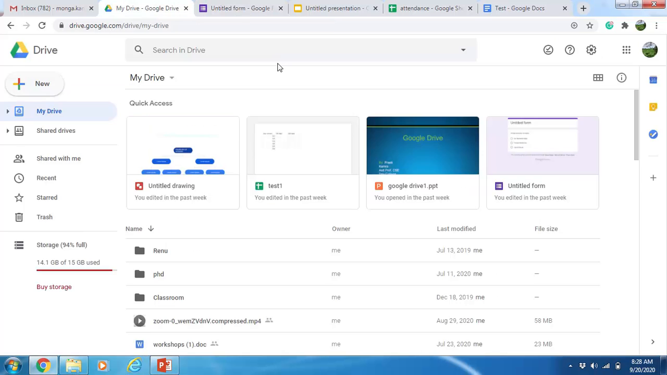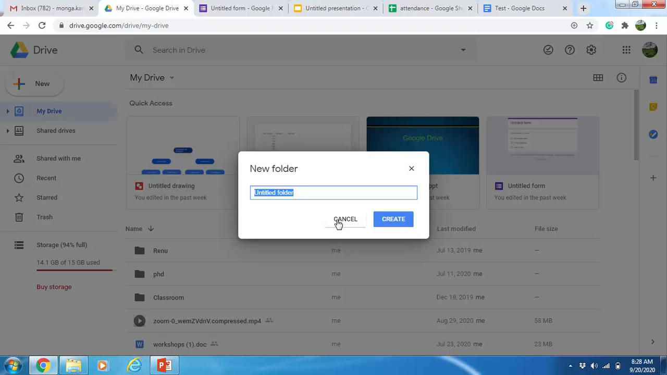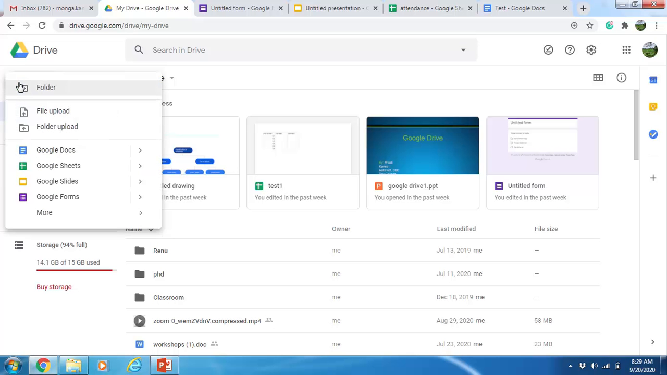So these were the major applications under Google Drive. There are many other applications that you can connect to Google Drive, install in Google Drive, which are available under Google. But these are the